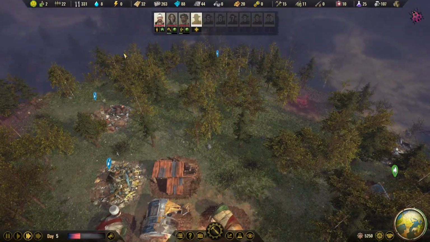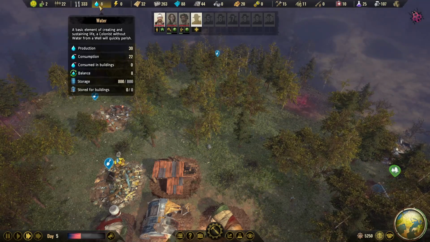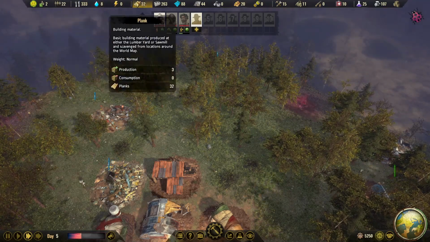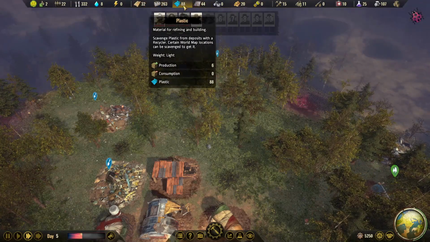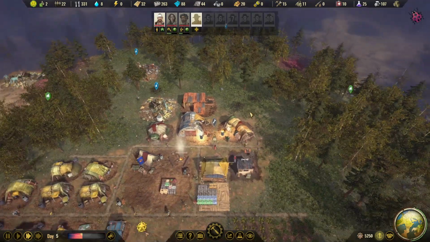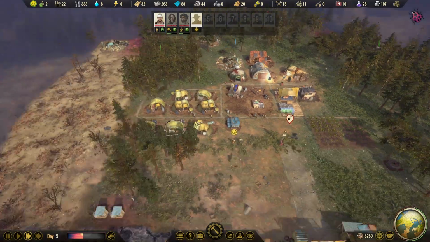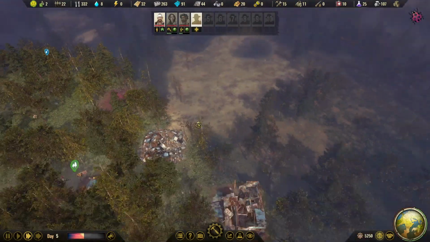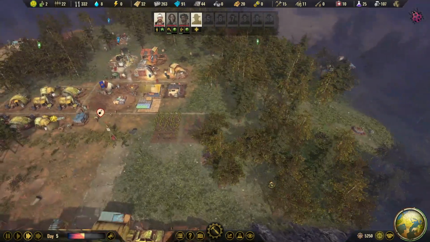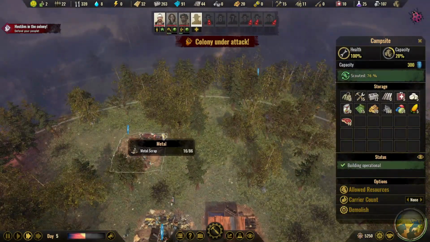Alright, let's get an overview of our town. We have plenty of food, we make water, and we have some 800 in store. We could use some extra planks, we have plenty of concrete. Getting close to 100 plastics, which means that after that people will get out of there. And we are slowly uncovering all the land around us. I think it might be time at some point to get a...